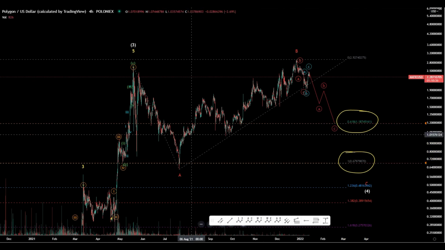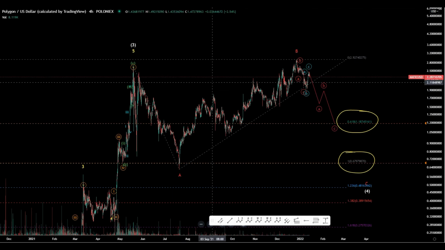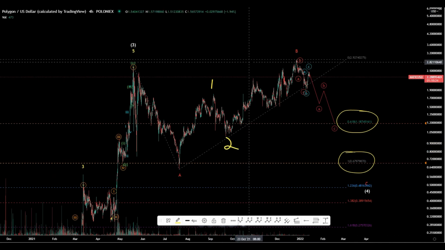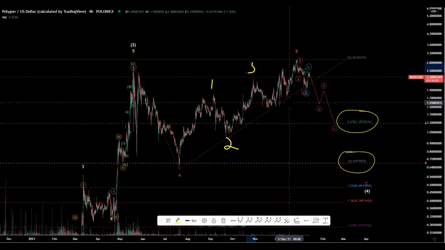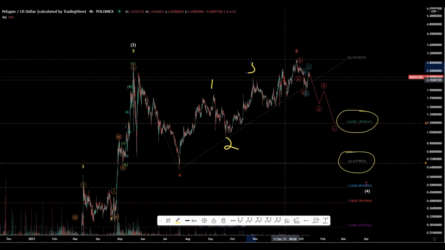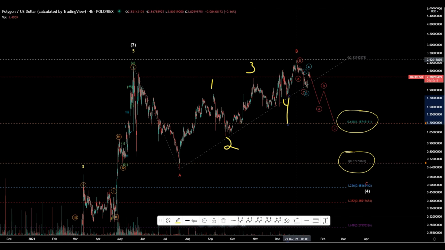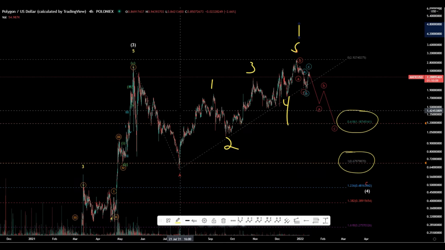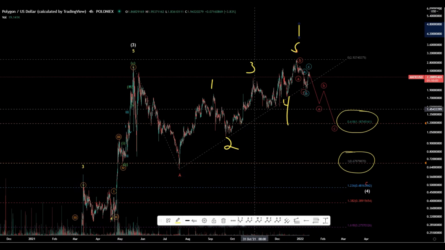Same thing goes for if you can somehow get an impulse out of this in a 5-wave move. Okay, you'd have to be somewhere at a 1, a 2, a 3. This can't be the end of the 4 because you got all these wicks and things happening here. So your 4 would have to be here, and then you'd have to get a 5-wave move up to here, into a 5, and another 1. Okay, so it's all possible without digging into the deep details to validate or invalidate that.